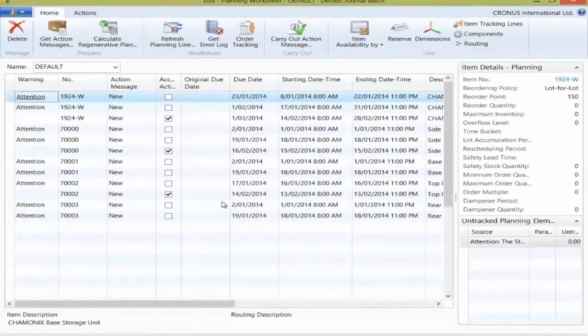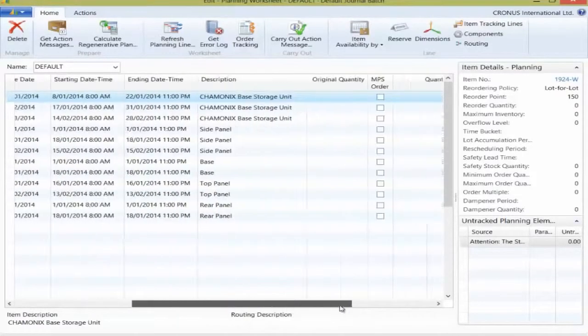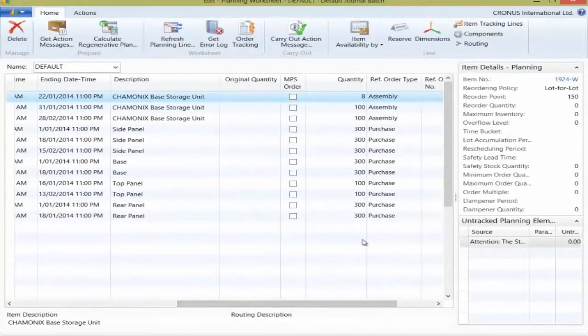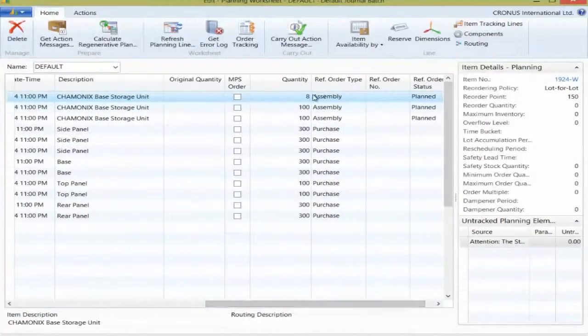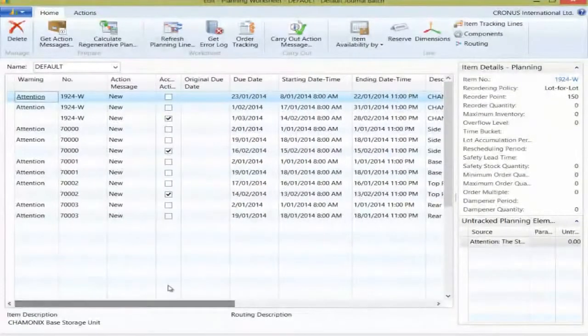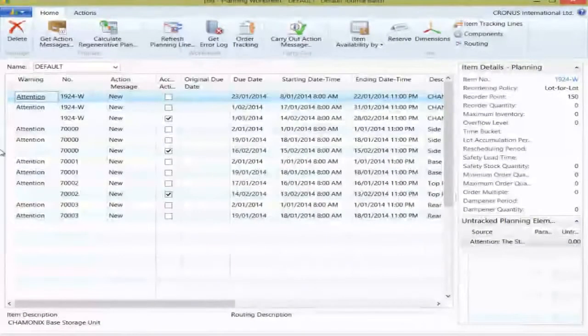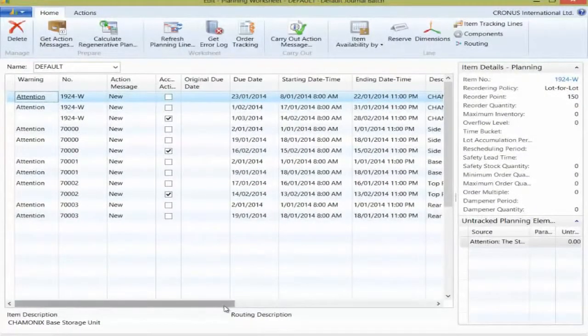So now we get all the planning suggestions, which plan not only direct demand but also indirect demand, including incorporating assembly as orders. So here at the top you find the assembly order for the assembly to stock item, and as you can see here we've got the 8 and then 2 times 100. So I'm just gonna look up one of the components,